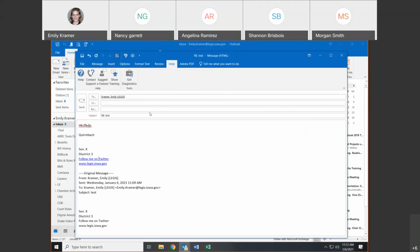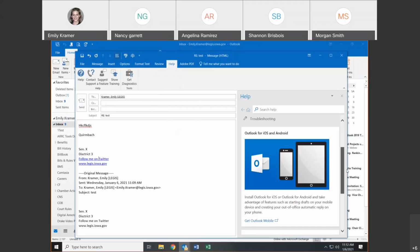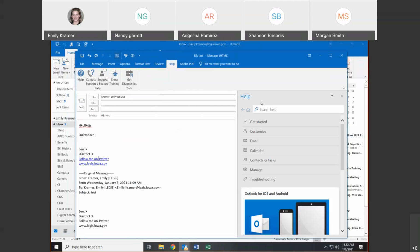Help can be handy now. It's not, like I said, ideal, but it is way better. They are definitely improving it. If you hit help, and again, this question mark is throughout all the Office applications, it pops up some general help topics. You scroll down, there are videos, there are tutorials on everything here, and you can also type in